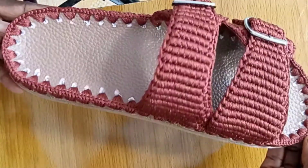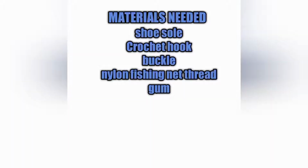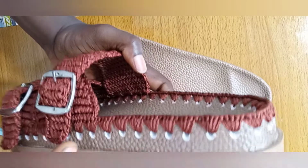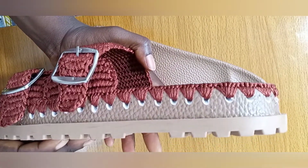Today I'm going to show you how you can crochet these beautiful unisex sandals at home. I'm going to start by showing you how you can measure half of an inch and prick through the insole